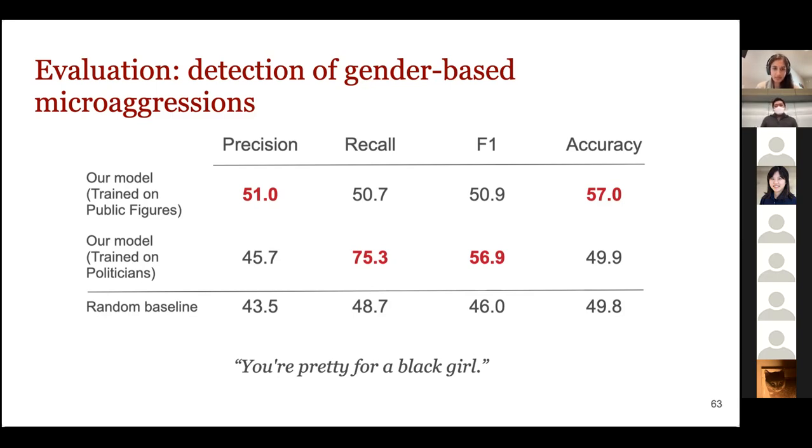This is a data set where people have reported microaggressions that they faced, and they can tag the relevant factors to the microaggression. So we use our model to detect gender-based microaggressions from other types of microaggressions. The model is not trained at all for this task. We only trained it on this gender predictive task on this Facebook data set of predicting gender of the addressee. But we can evaluate how well it performs on this totally untrained domain in detecting gender-based microaggressions.